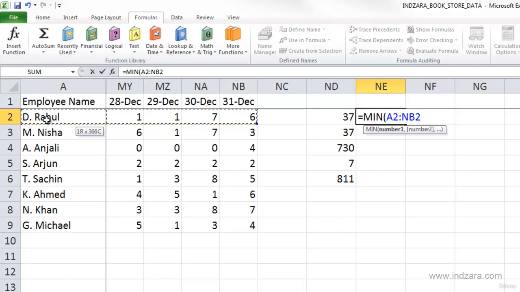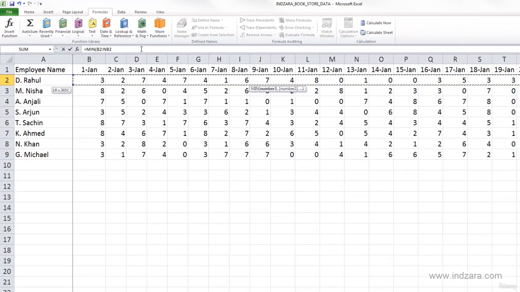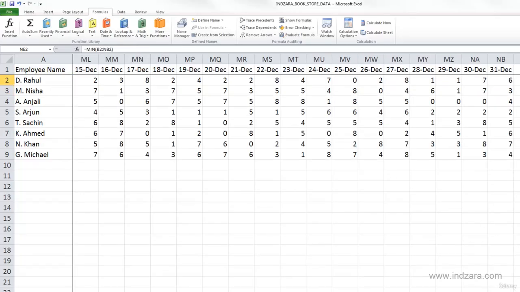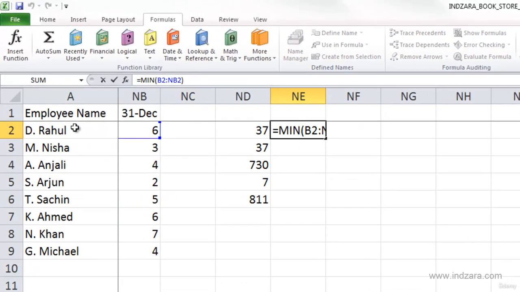And we don't want to select the employee name, so I'm going to use just the right arrow here, and I took my finger off the control. I still have the shift, and I did the right arrow, and I was able to deselect A2, and now I have all the cells selected from B2 to NB2, which is the last day, December 31st. And so I will type in close parenthesis and then hit enter, and now you can see that the result is 0. And I'm going to scroll back here, and you can see that the minimum number of hours